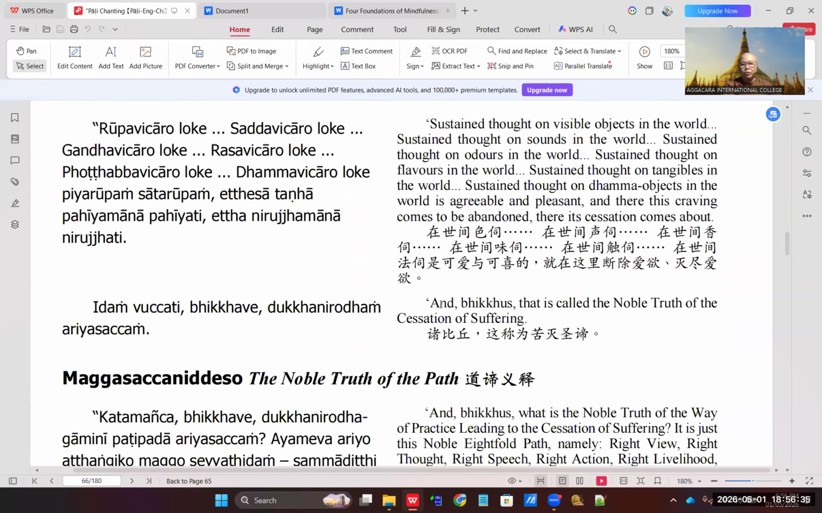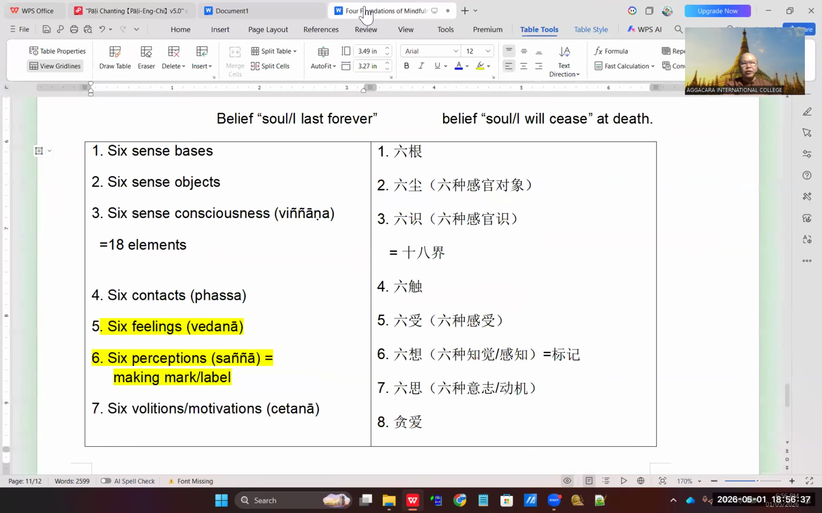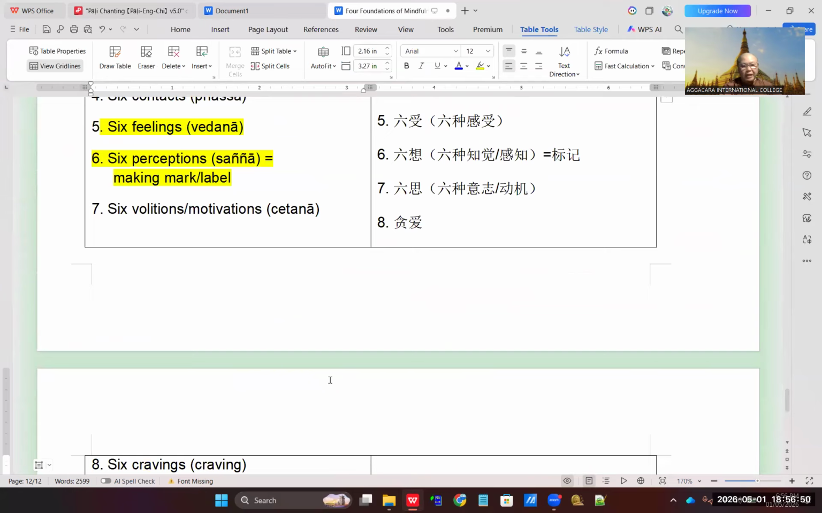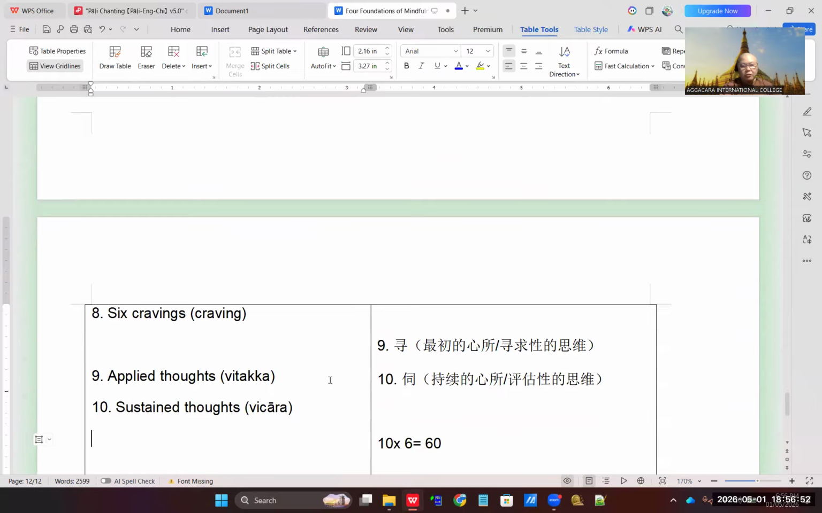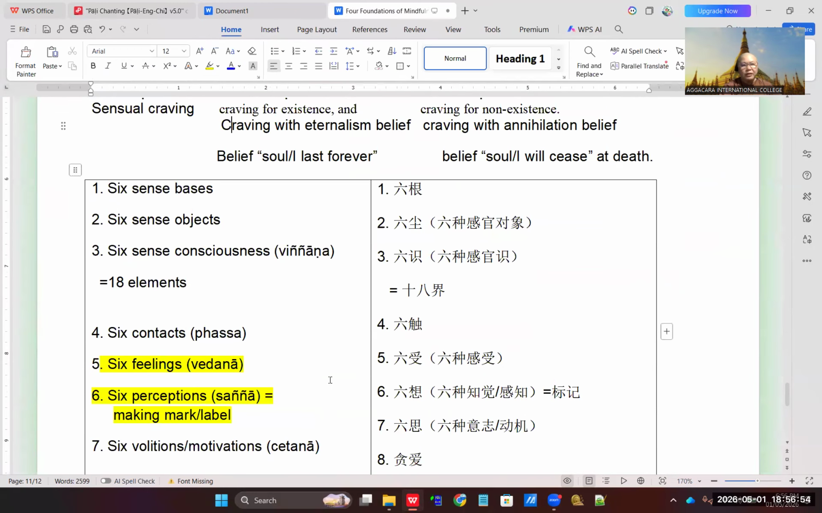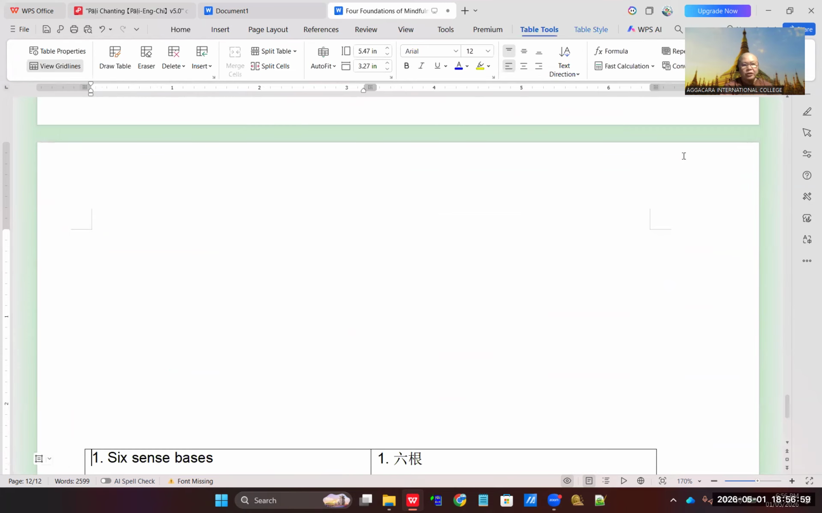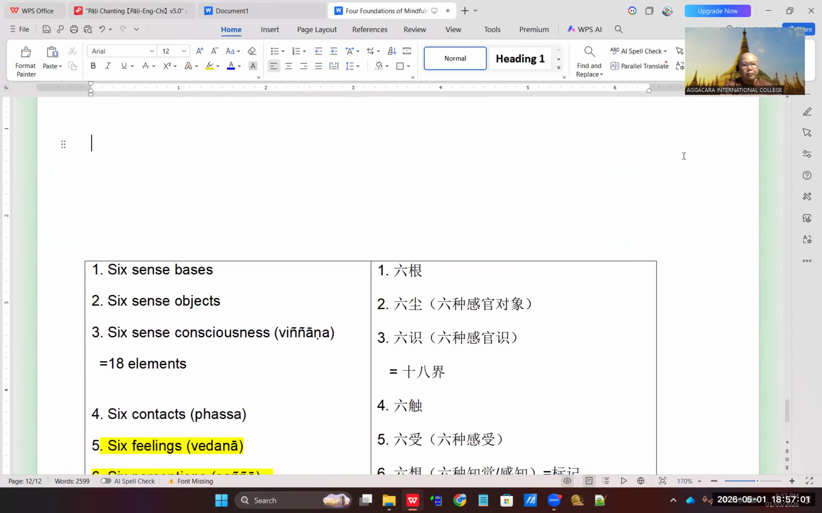And this is called the noble truth of the cessation of suffering. So in brief, it's the same object, right? The craving will exist there, and the cessation of craving also has to be based on the same object. So totally we have 10 objects, times 6, totally we have 60 objects. So actually, one thing that is good about Vipassana practice